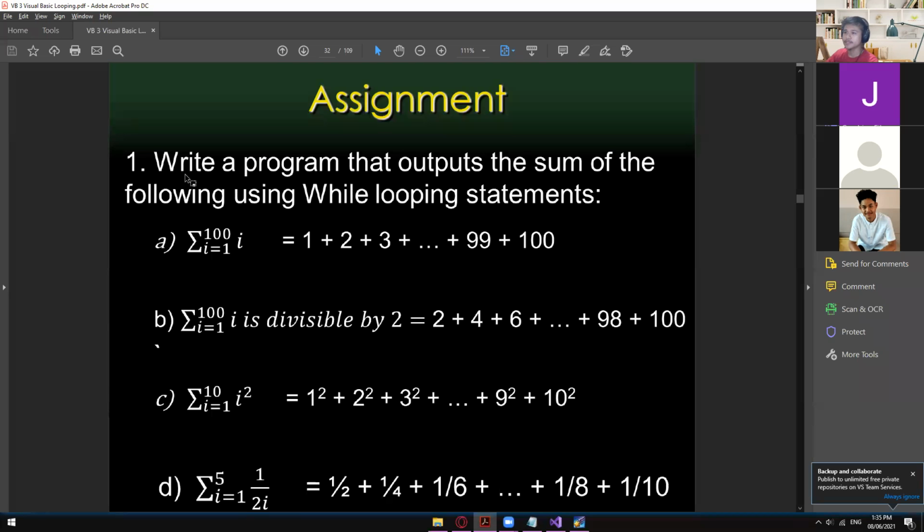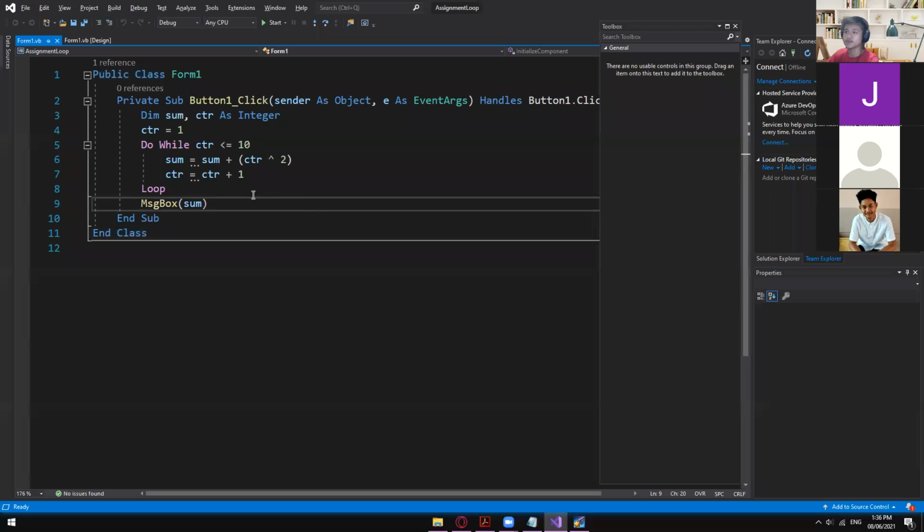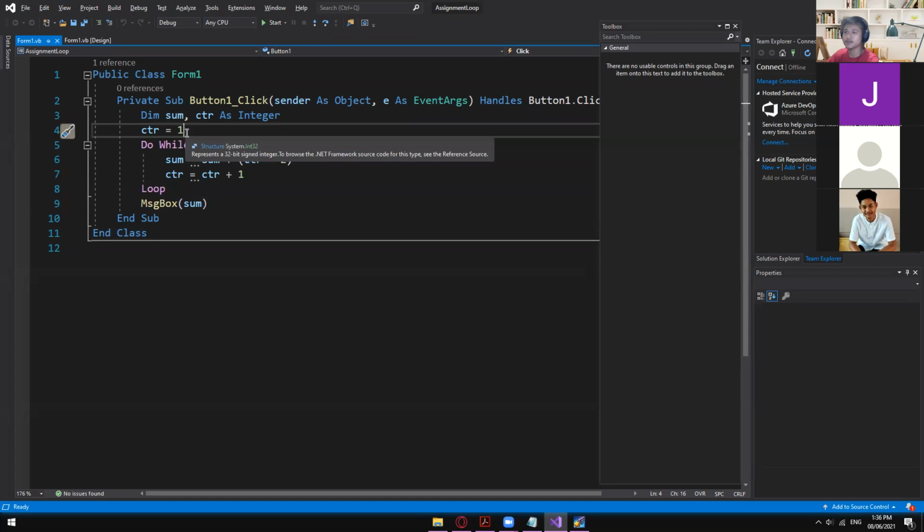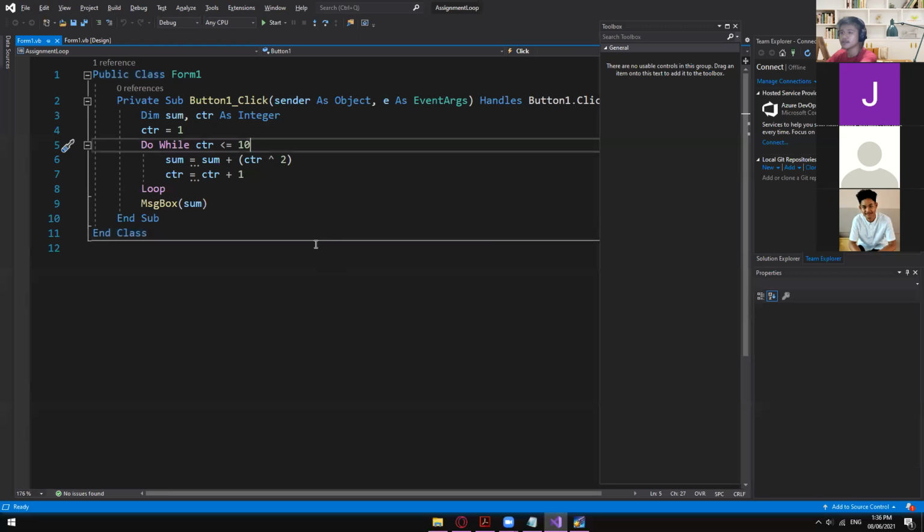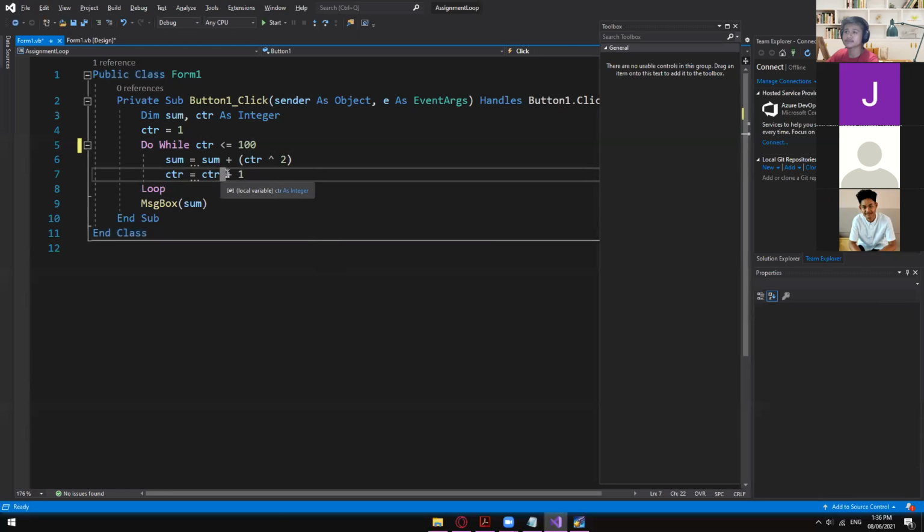Okay, so in here, I'll write a program that outputs the sum of the following using while looping statements. So in here, it is asking us to display the summation of 1 to 100. Okay, 1 plus 2 plus 3 plus 4, and so on and so forth until it reaches a value of plus 100. So in here, we have an initial value of 1. And then let's change this 1 into 100. And then sum is equal to sum plus counter raised to 2 plus counter only. Okay. All right. So let's see this one